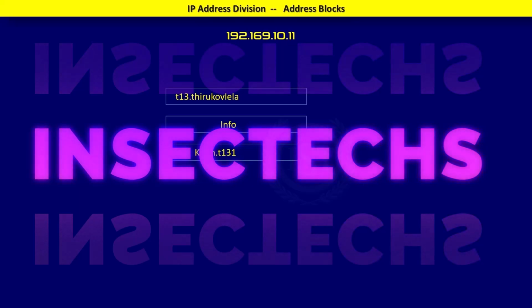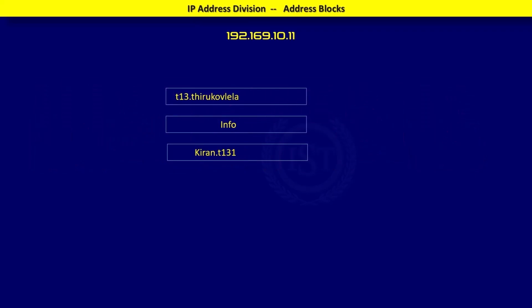So these are my email addresses, which are unique: t13.tirukuvela, info, kiran.t131. If I give my email addresses like this, can you send me an email? No. Now, can you send me an email to these email addresses? t13.tirukuvela@gmail.com, info@insectechs.in, and kiran.t131@yahoo.com. Yes, now you can definitely send me an email, because the first portion is the unique user ID,